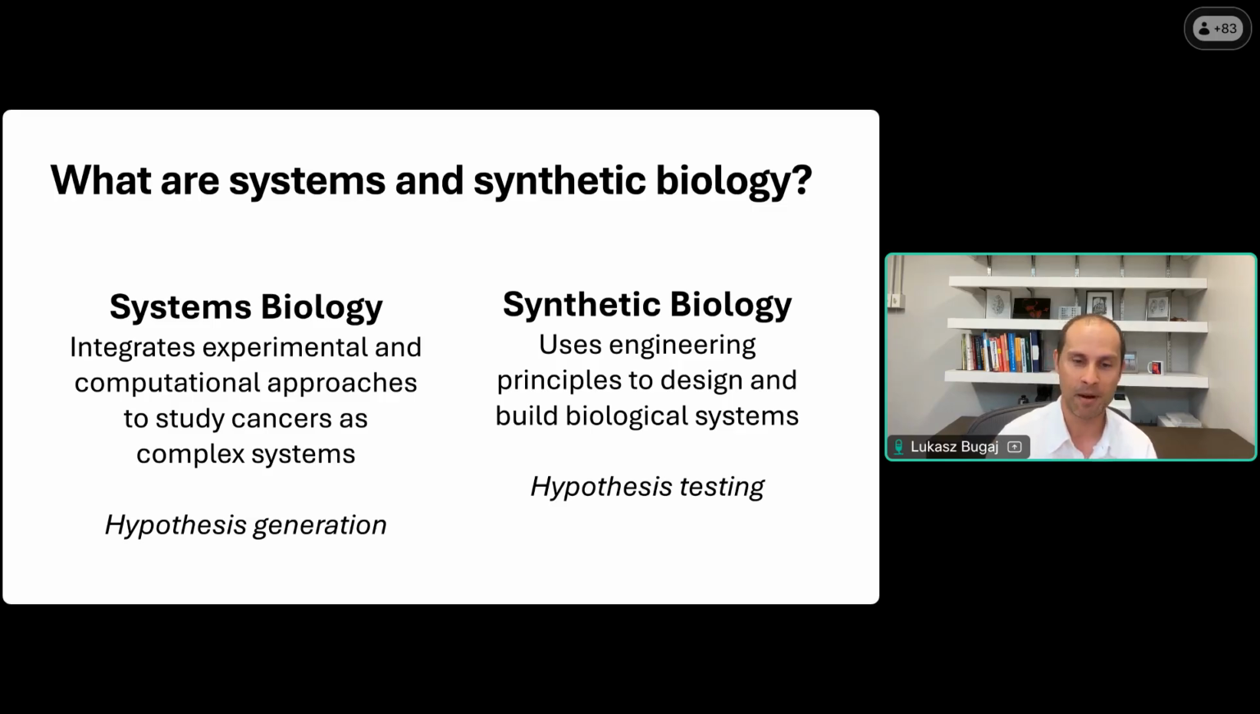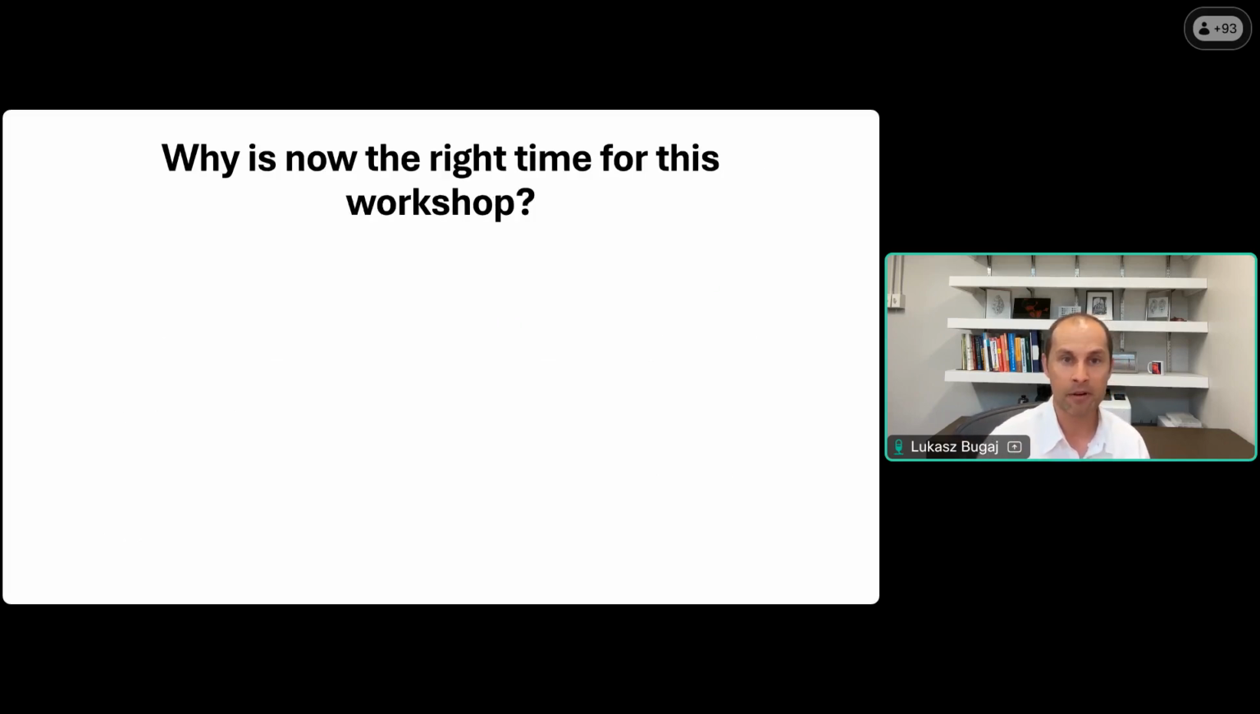And in synthetic biology, we mean really coming from the other side, more bottom-up, using engineering principles to design and also build biological systems. And whereas systems biology you can think of as really well-suited to generate hypotheses from complex data, synthetic biology is better suited to actually test those hypotheses that arise. And so why are we hosting this workshop on cancer biology and spatial temporal aspects of cancer using systems and synthetic biology? The reason is that